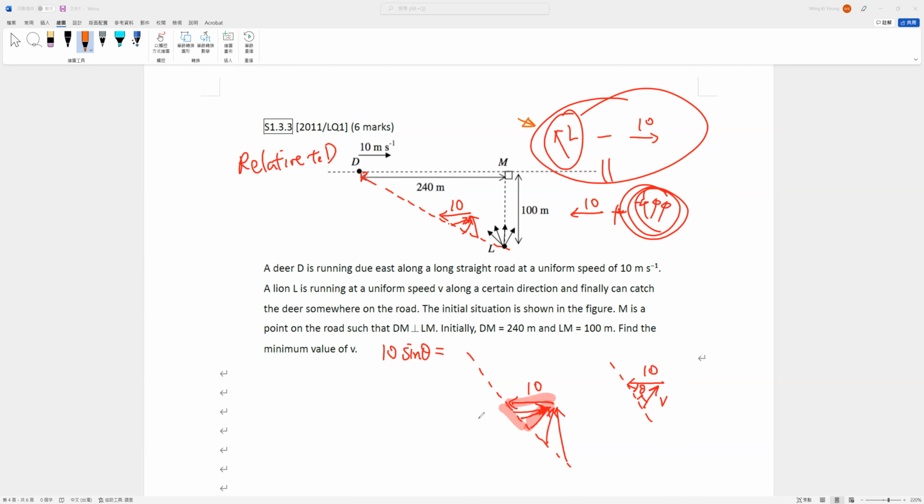But the problem is, how can we find the theta? You see that this angle theta is actually equal to this angle theta. So then you make use of the big triangle to find the angle theta. So the theta will be arctangent 100 divided by 240. Okay, then you can get the answer. I forget the answer, but